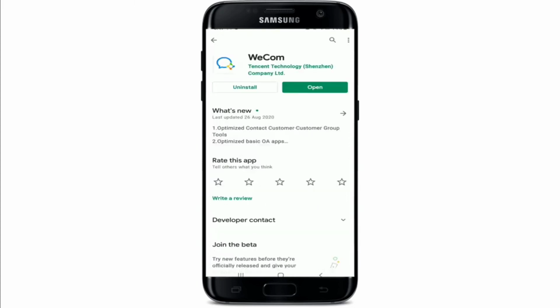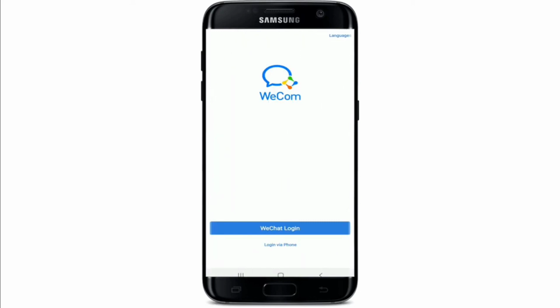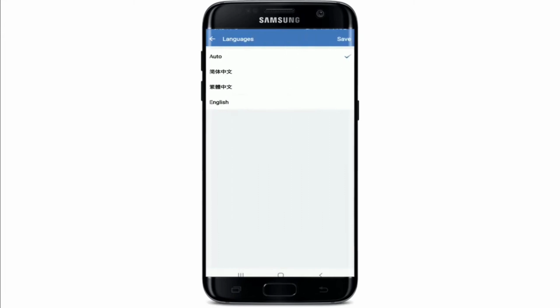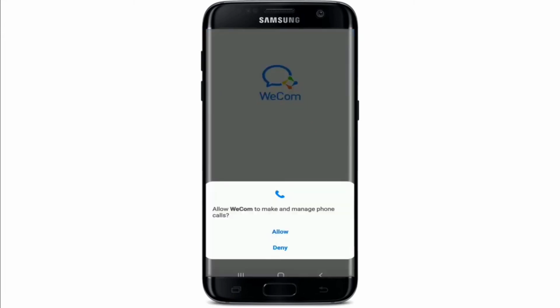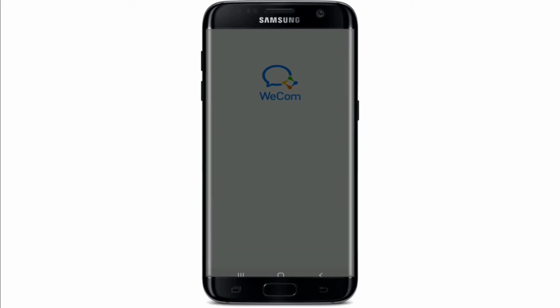Once you download the app, tap it open, and from the very first interface, you can change the language setting by tapping on the languages at the upper right corner and select your preferred language. Once you're done, tap on Save at the upper right. Allow WeCom to make and manage phone calls by tapping on Allow and allow access to photos, medias, and files